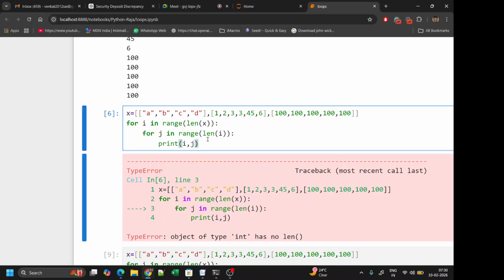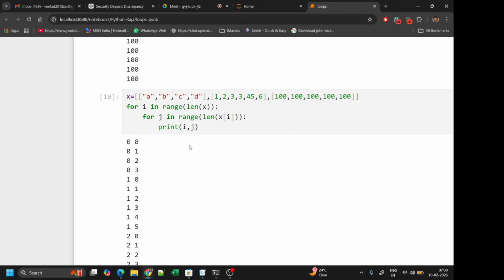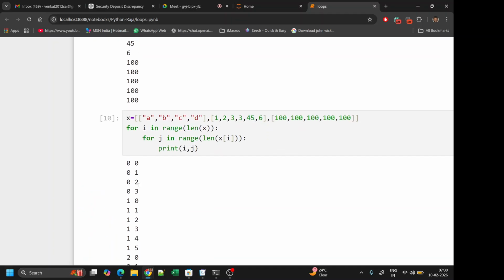Ideally, what I have to do is iterate over x of i. Now I'll get the output as 0 1 1 1. So this will be the output. But what I want, Rajshekhar,